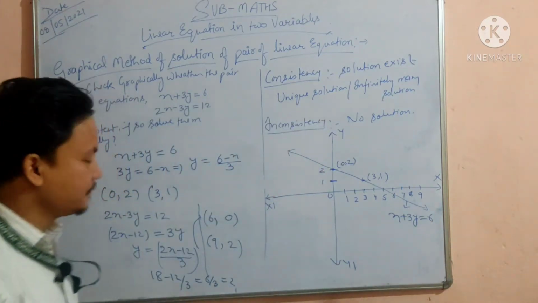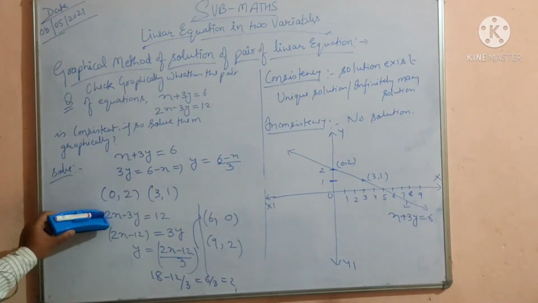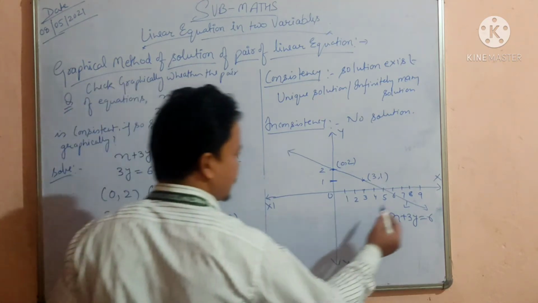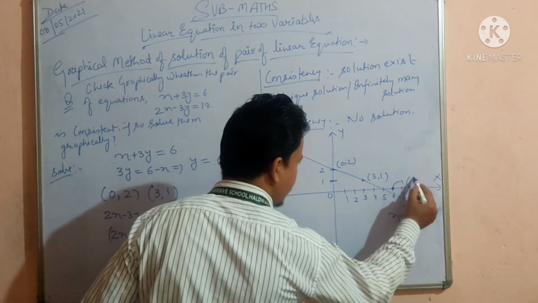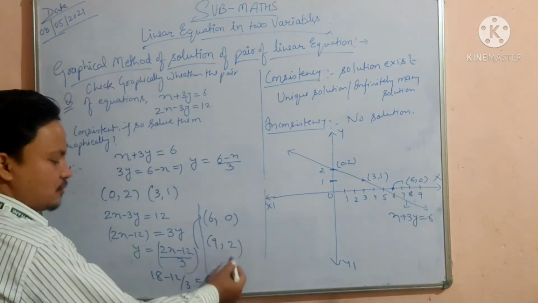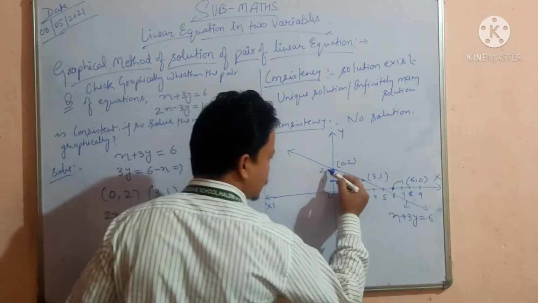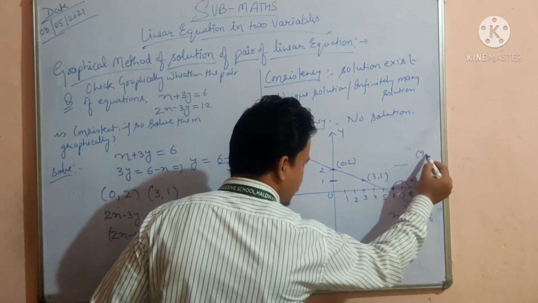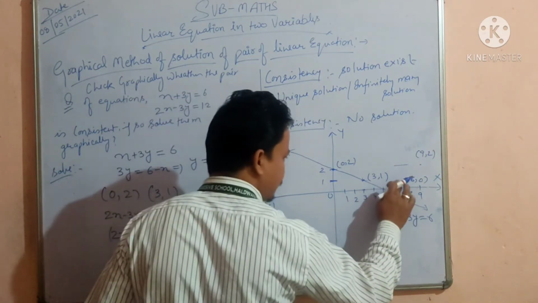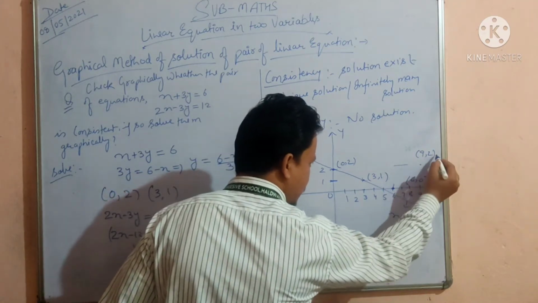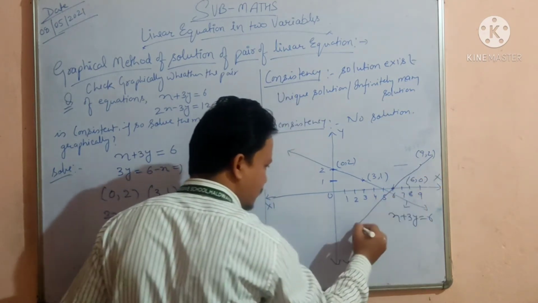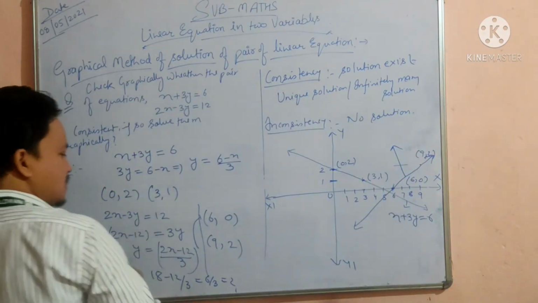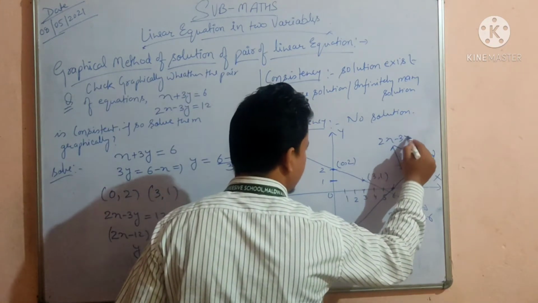Now see the second equation of the pair of linear equations; its coordinates are 6, 0 and 9, 2. So 6, 0 means this is the point, and the next one is 9, 2. So this is 9 and this is 2. So we extend this one this way and this one upward, so maybe this point will intersect at that point. Okay, this is 9, 2. Now see, one point is here, another point is here, so meeting both the points we get this type of graph, and this is the graph of 2x minus 3y is equal to 12.